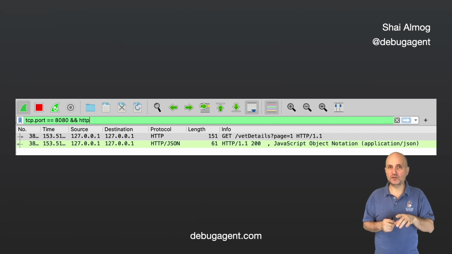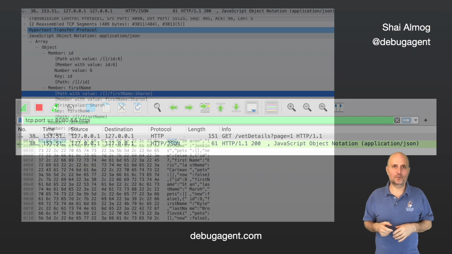The display filter syntax is pretty powerful and supported by auto-completion within the filter bar. You can read about it in the user guide. You can filter by IP address, not as useful for loopback, source port, hostname, protocol, content, and so much more. This is just the start though.